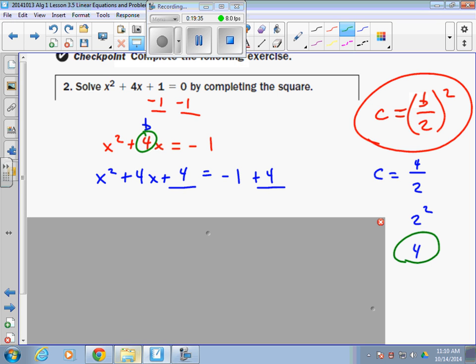So when you put in plus c on the left, you have to make sure to put in plus c on the right. Anytime you do something to the left, you got to do it to the right, or your balance is going to be thrown off. So from there, here's where